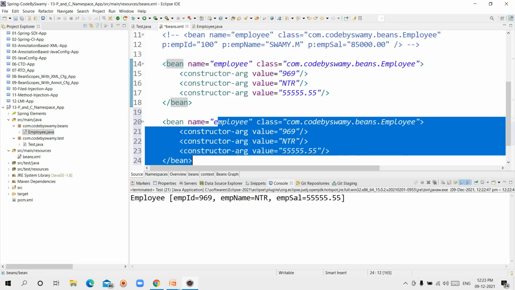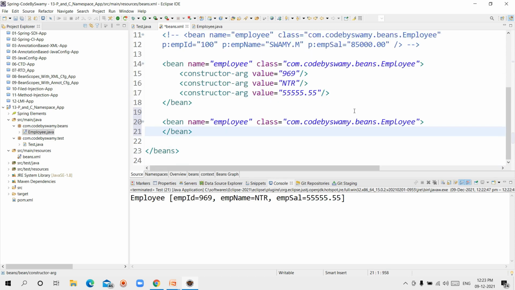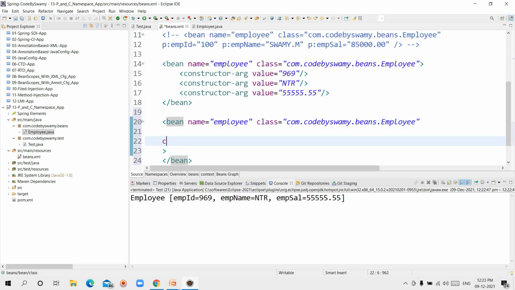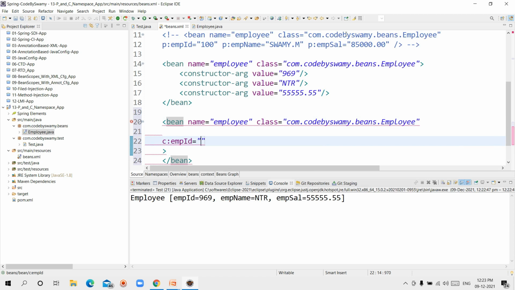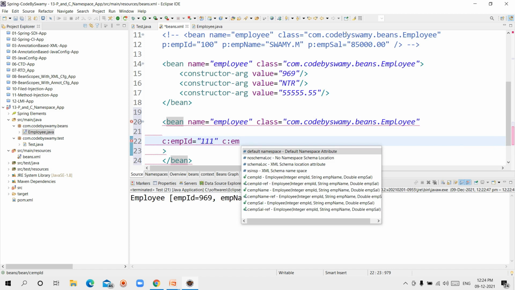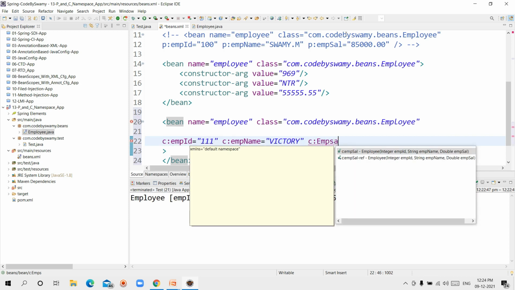Same as previously, I am copying this and pasting it here. Both codes are the same, but this time I am removing the constructor-args. After class, I am writing c:empId, this time 111. c:empName, this time I am writing Victory. c:empSalary.